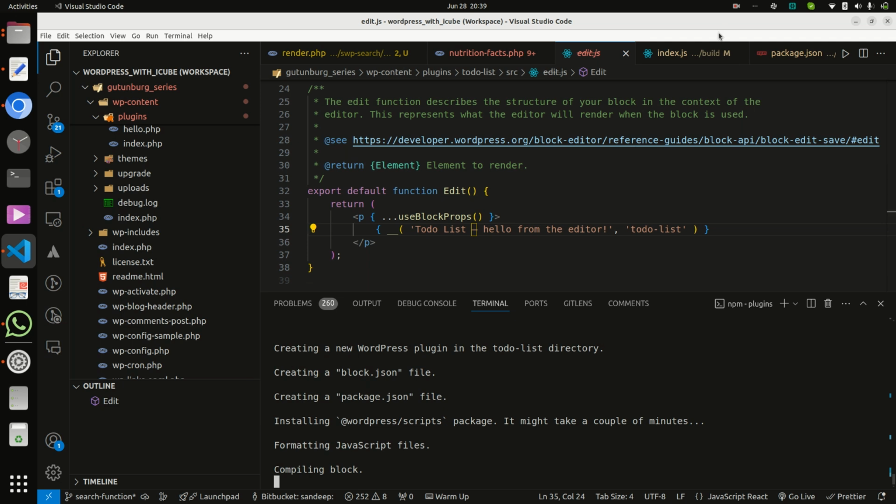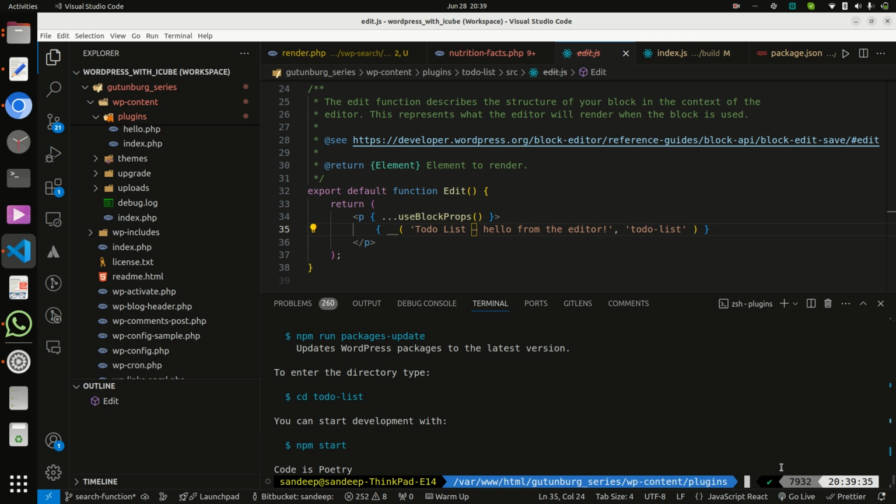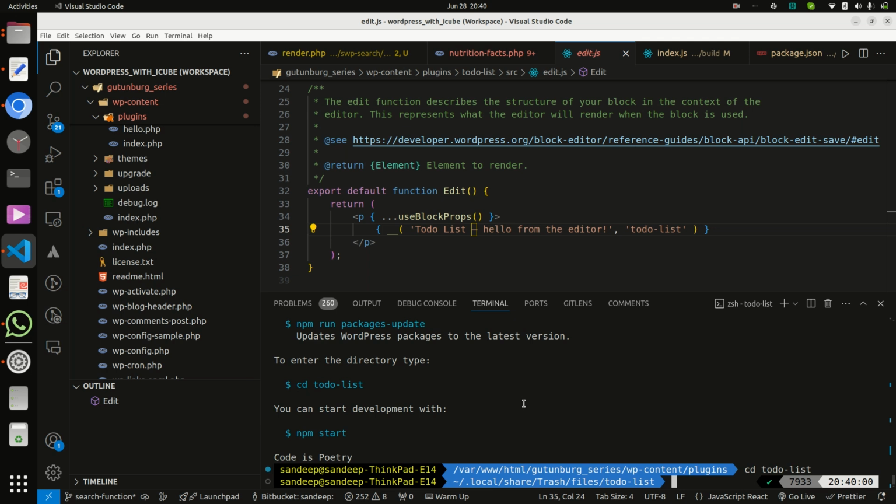Okay, I think it is compiled. Now it is installed. It is basically the same as when we run npx for React. So first change directory to todo-list, and then run npm start.